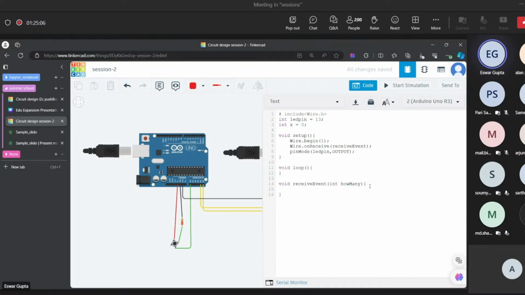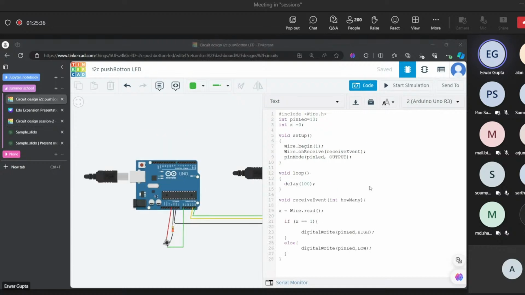Since Wire.begin was written, I2C had already started, so that internally takes care. howMany just represents the number of bytes of data that I got as input. It inbuiltly specifies how many bytes of data it got. So you don't need to worry about that at all.